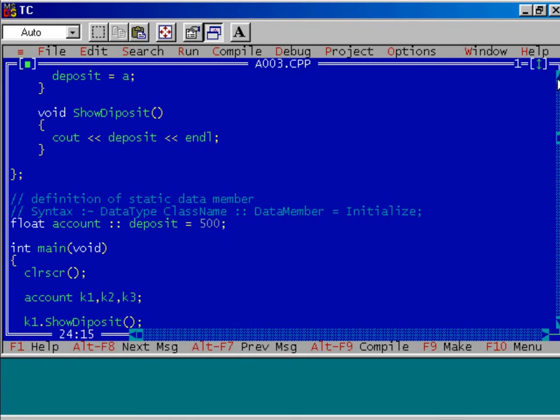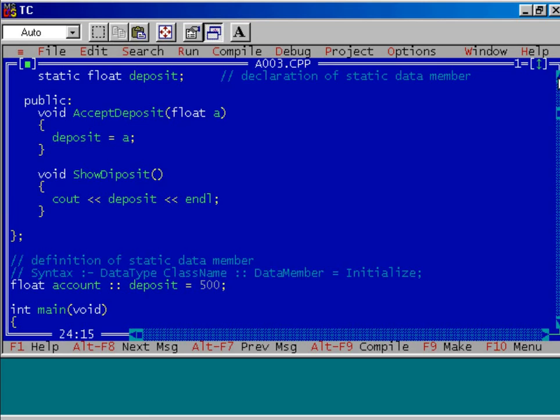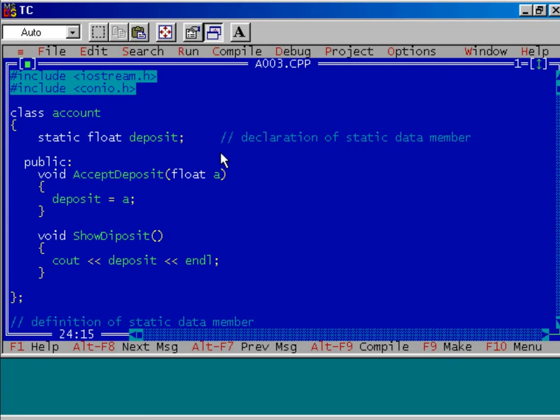After doing this one, let us declare this static data member inside the class using the static keyword. So first of all, we'll define it, and after that we can declare this data member inside the class. To initialize this data member, I use the function accept deposit.